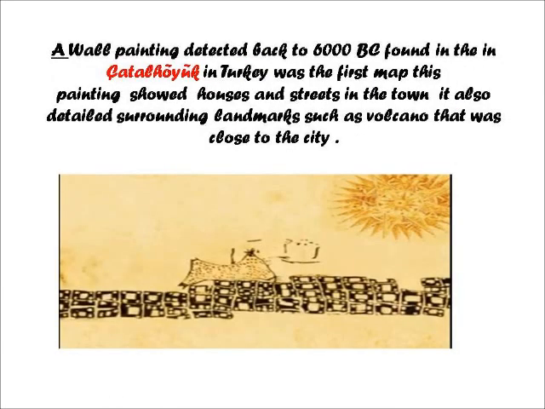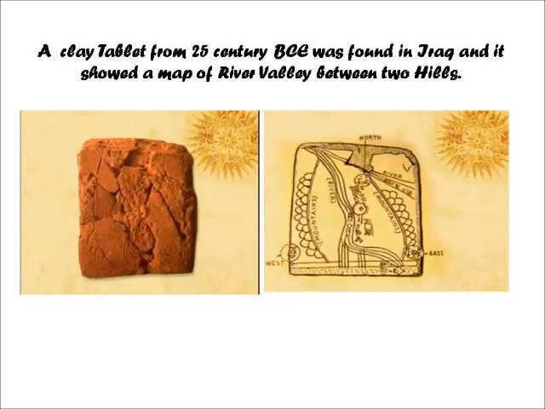A wall painting dating back to 6000 BC, found in Çatalhöyük in Turkey, was the first map. This painting showed houses and streets in the town. It also detailed surrounding landmarks such as a volcano that was close to the city. A clay tablet from the 25th century BCE was found in Iraq, and it showed a map of a river valley between